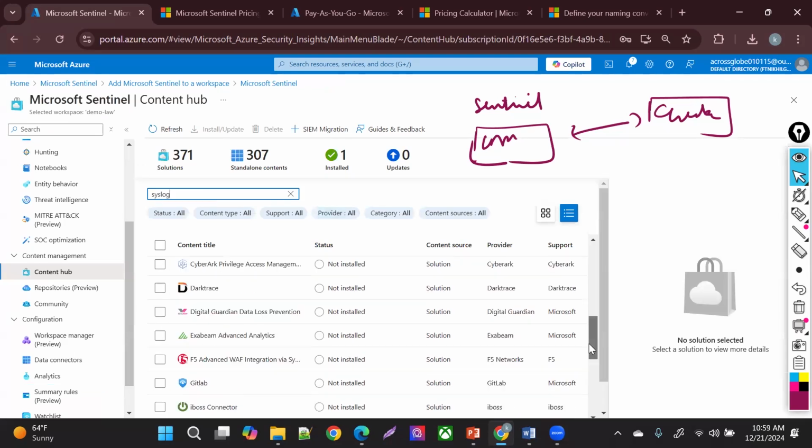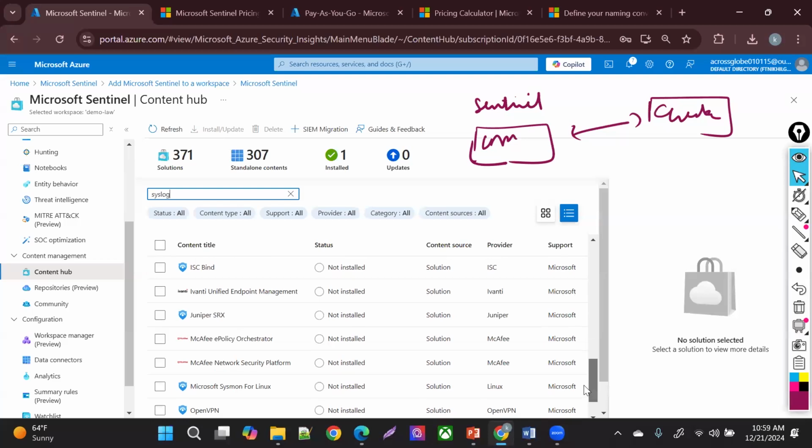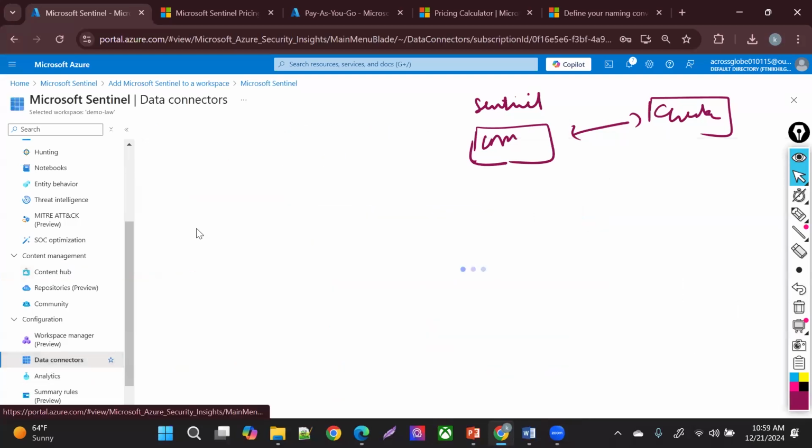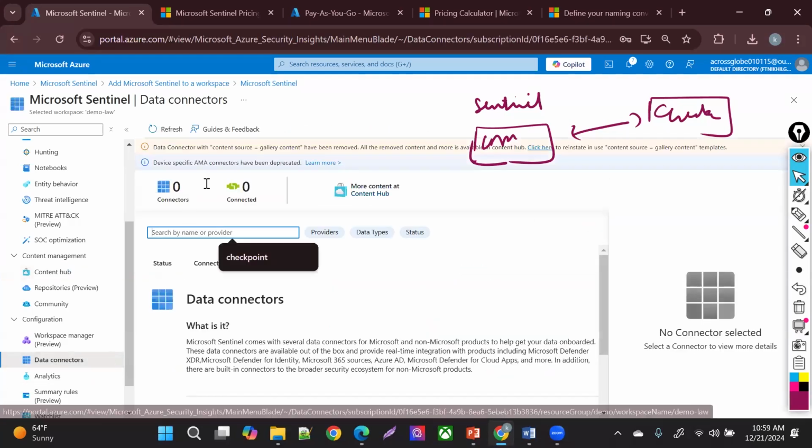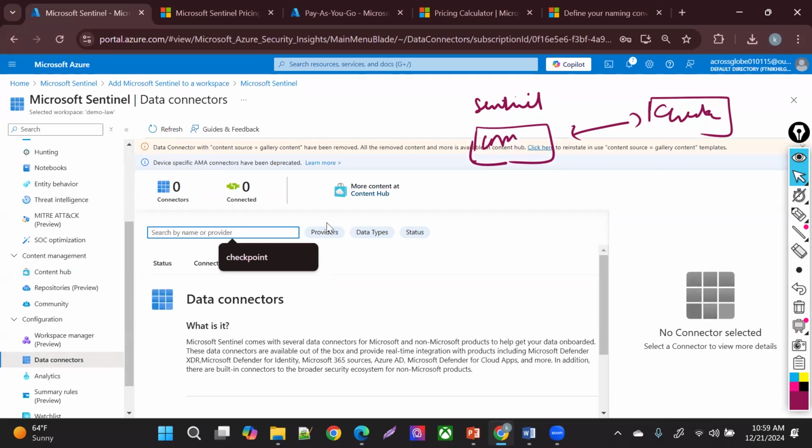I say that previously it was syslog. Now what they are saying there: for everything, you're going to get that connector, for every solution, right? Well, I'm not sure why it should show 0 here. It should not. After the connector, the next step is